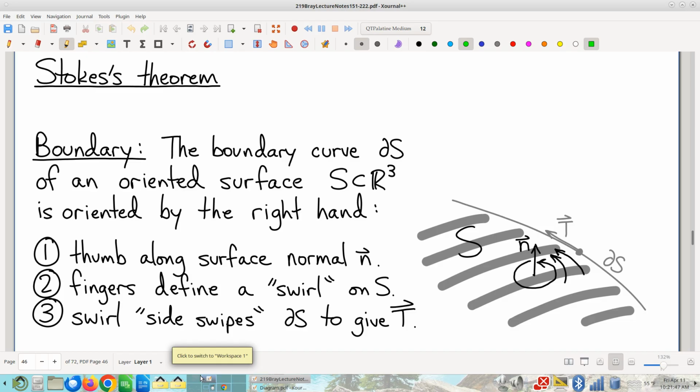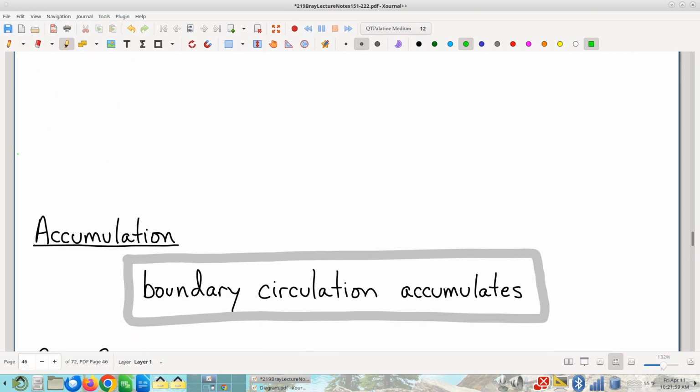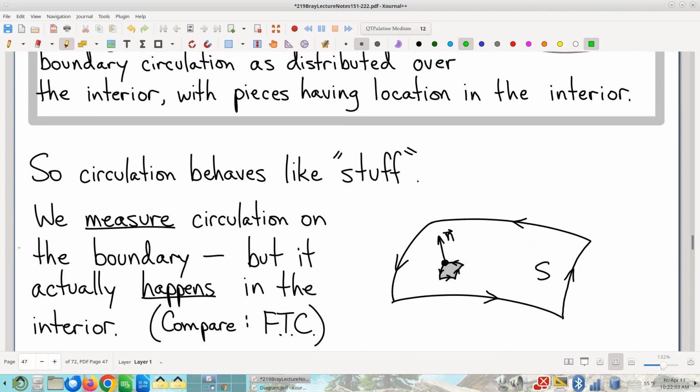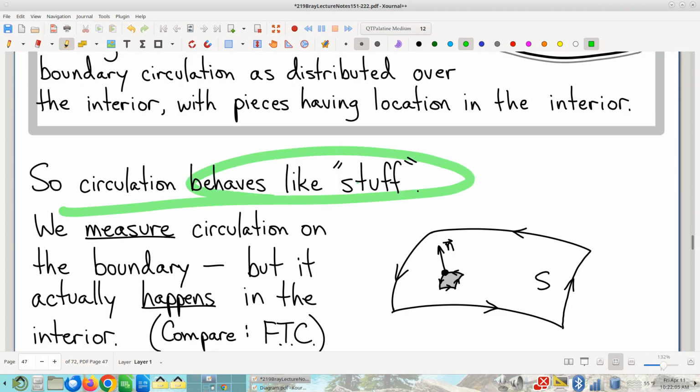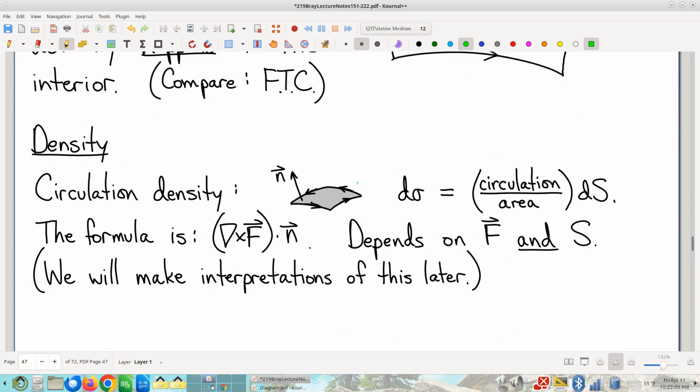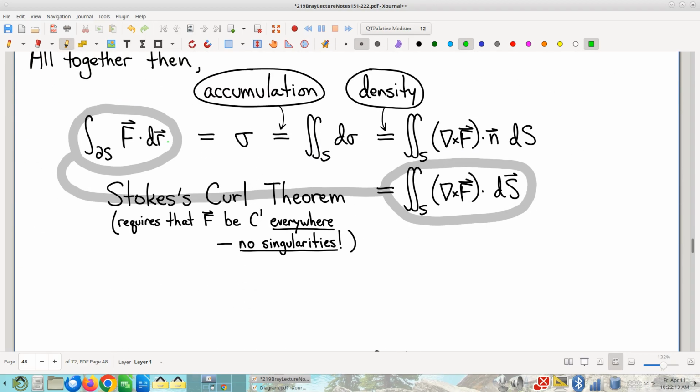So new topic. I'm going to talk about Stokes' theorem. So this is another one of these theorems that you can kind of see it coming. Just without even looking at the details, we're going to talk about boundary. We're going to find an accumulating quantity. We're going to, as a result, interpret that it behaves like stuff. We're going to come up with an associated notion of density, and then we're going to put it all together